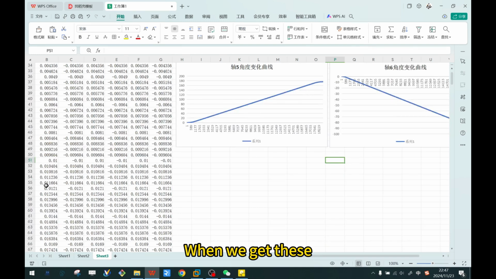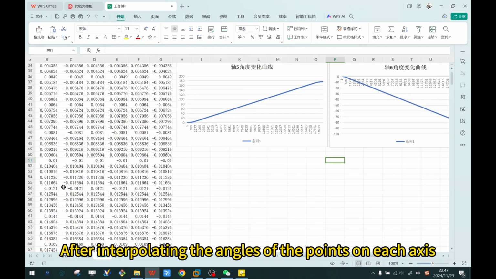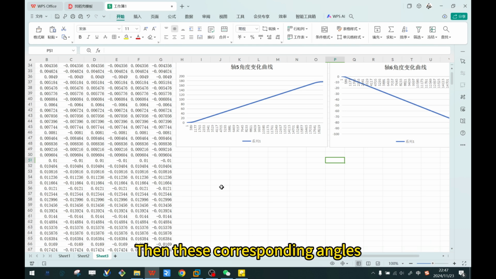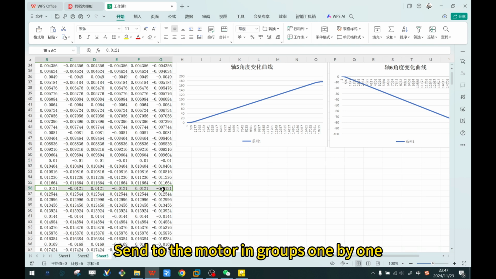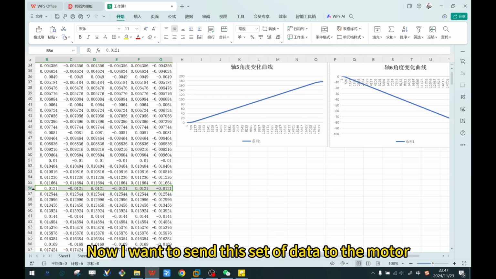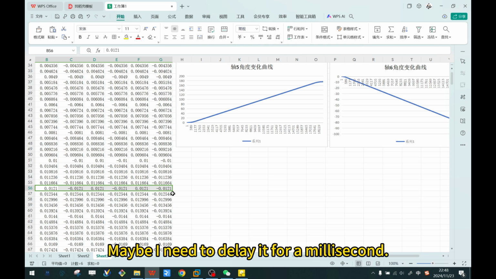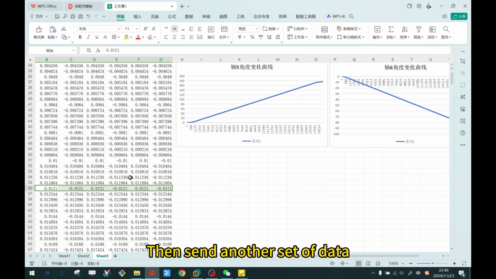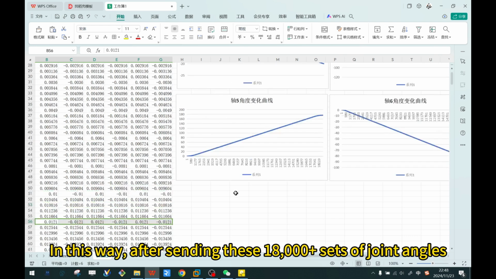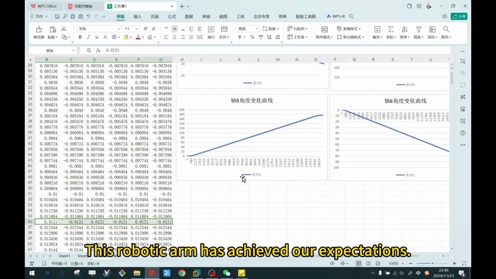When we get these, after interpolating the angles of the points on each axis, using the communication protocol of the motors on your own robotic arm, these corresponding angles are sent to the motor in groups one by one. For example, now I want to send this set of data to the motor. When I finish sending, maybe I need to delay for a millisecond, then send another set of data. In this way, after sending these 18,000 plus sets of joint angles,